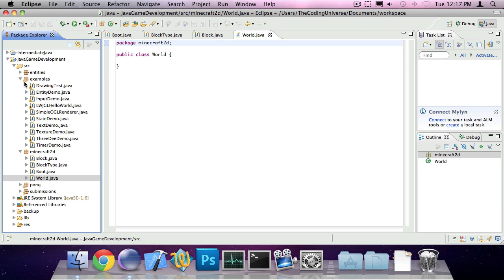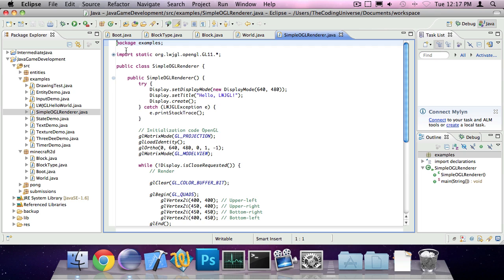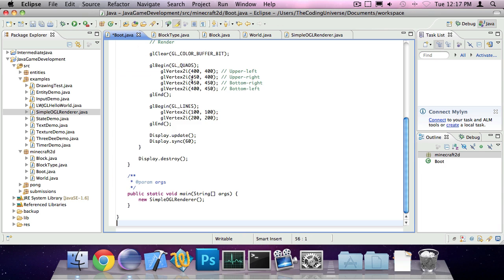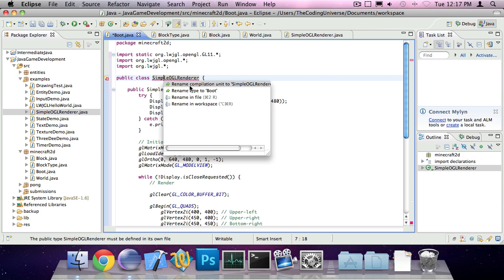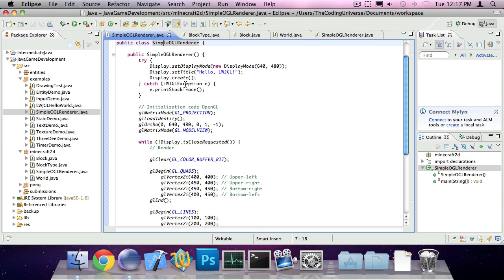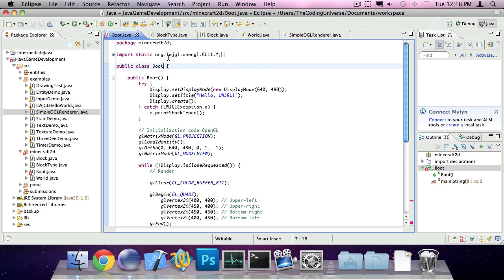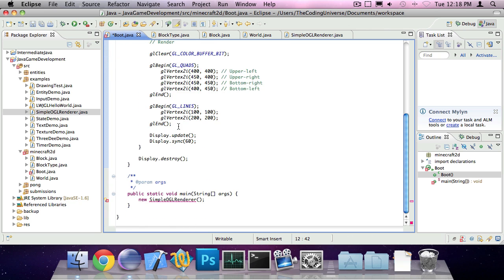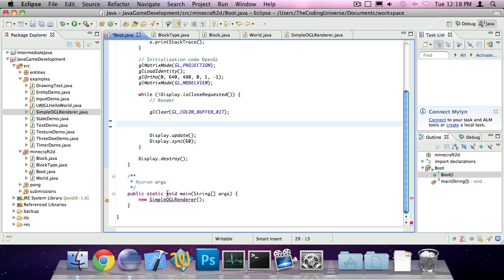Now let's go to the simple OpenGL renderer class and copy everything into our boot class. Of course, change the names. Didn't mean to do that. Okay, that's good. Change the title to Minecraft in 2D, so Minecraft 2D, and delete this rendering stuff. Okay,